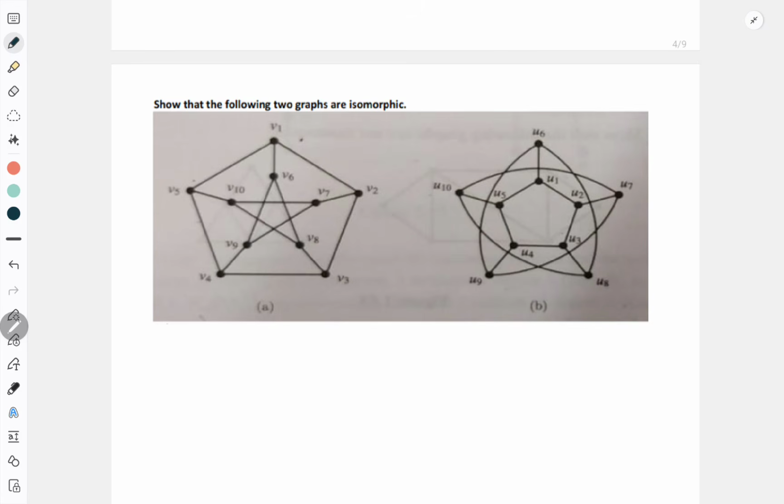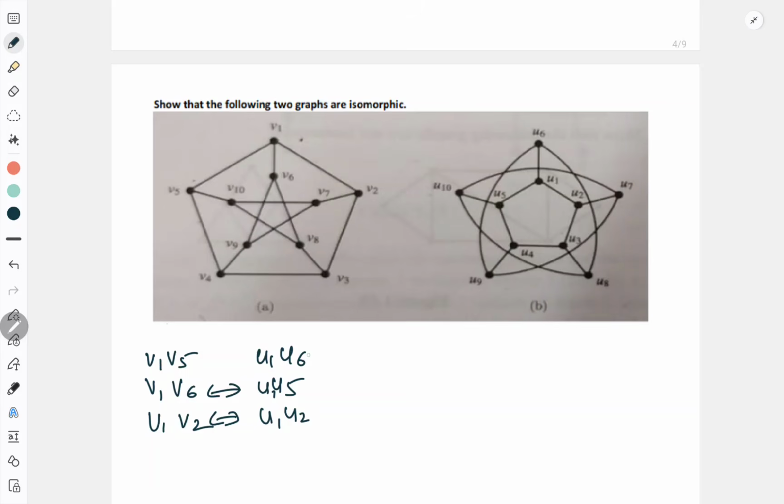So this question you can do exactly the way we did the previous question. You start with V1. So V1 is forming an edge with V5, V1 is forming an edge with V6, and V1 is forming an edge with V2 as well. Now here, if you start with say U6, because I can see it at the same position. If you want to start with U1, you can perfectly do U1 also. So if you take U1 here, U1 is attached to U6, U1 is attached to U5 and U1 is attached to U2 also.